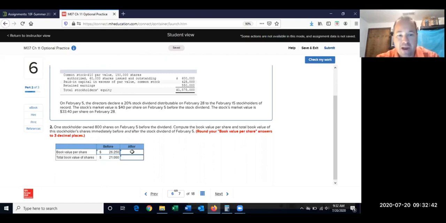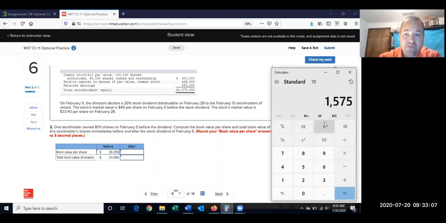So the book value per share after the stock dividend. So after the stock dividend, remember, total stockholders' equity doesn't change because you're just moving some numbers around. We just moved them from here to here, you know, retained earnings up to common stock. What does change, though, is the number of shares issued. We've added now another 12,000 shares. So what we're going to do is take our 1,575,000. That number doesn't change when we issue a stock dividend. But we're going to divide that now by 72,000 shares because we added another 12,000. So the book value per share went down,